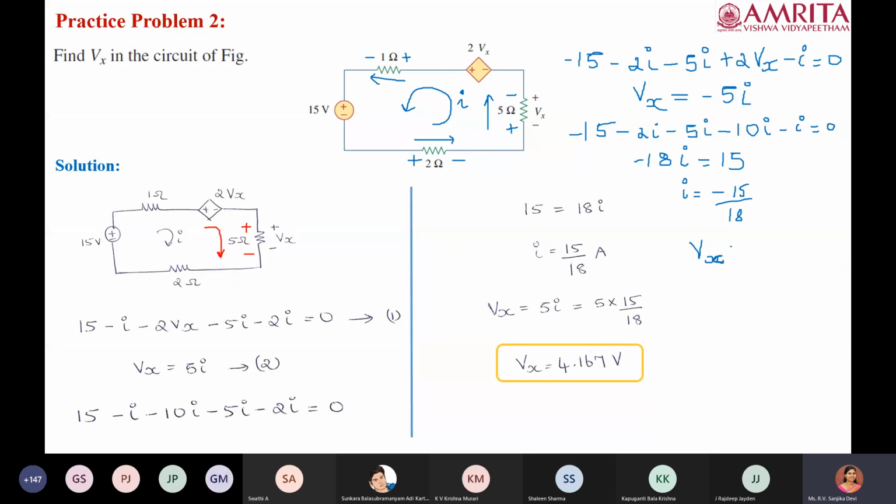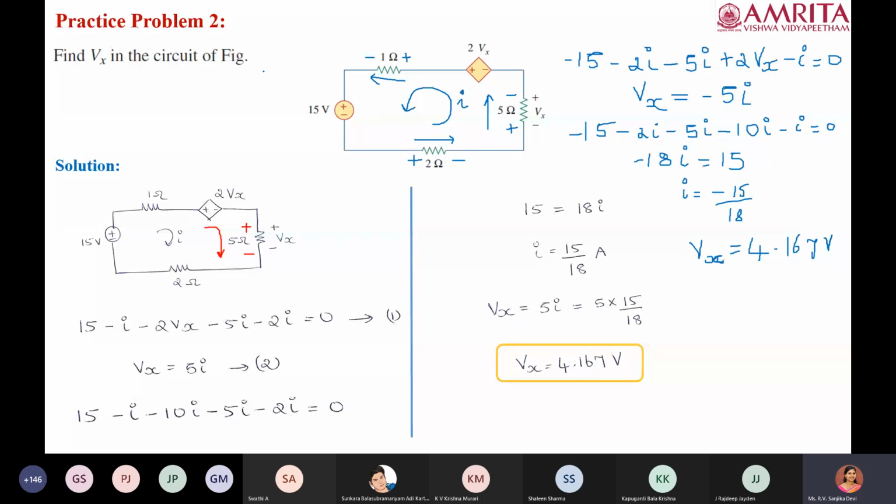That's why I'm telling you the direction of current can be random. Are you able to understand? If the final answer is changing, then it's not correct, no? It means we have to follow a specific method. Here you can take any direction of current, clockwise or anti-clockwise, but once you fix it, you have to stick to it. Then you write the equation, and here we can see that I is negative, and because of that Vx will be positive. So the final answer remains the same, whether I take it in the clockwise or the anti-clockwise direction. Okay.